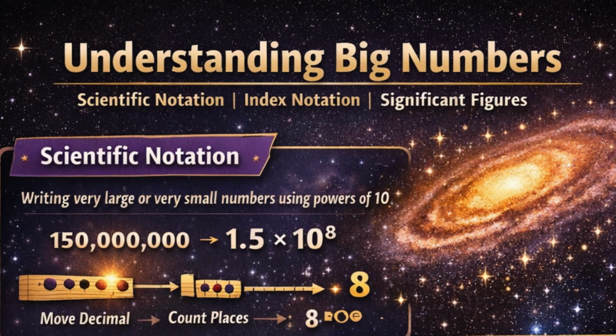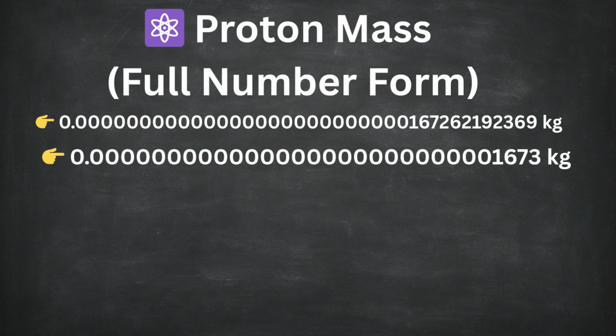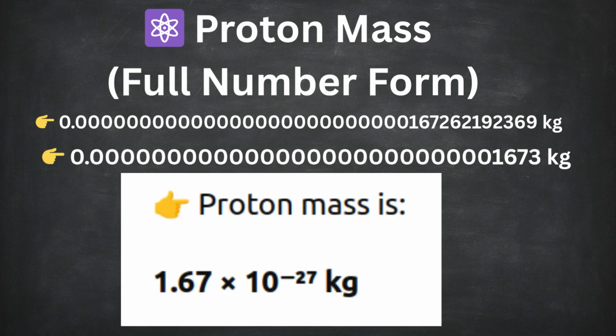Now comes scientific notation. It's used to write very large numbers and very small numbers in a neat and clear way. For instance, take the mass of a proton. It is an extremely small number. Instead of writing many zeros, we write 1.673 into 10 to the power of negative 27. Negative power means very tiny number. Why do we write 1.673? Why not 16.73